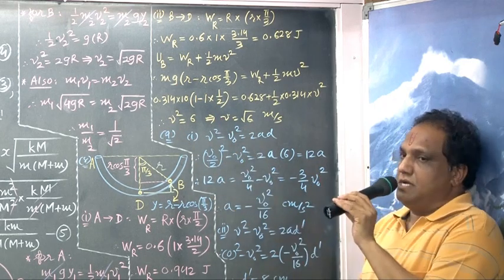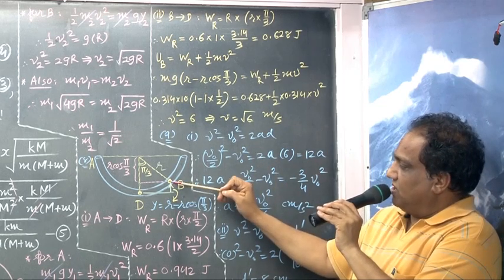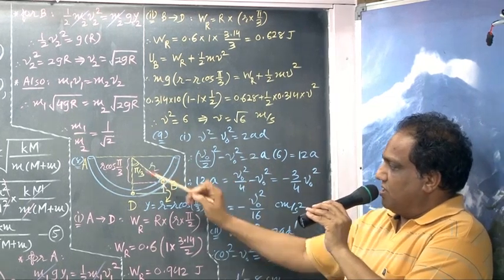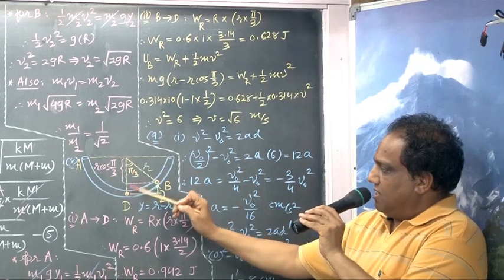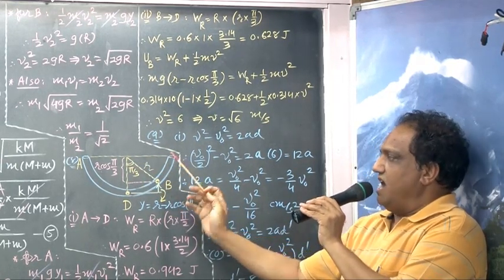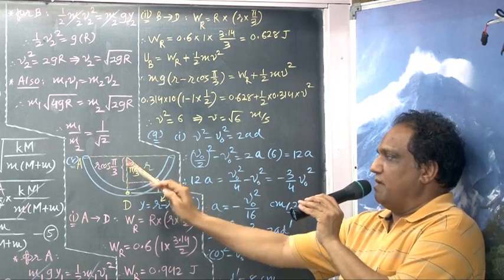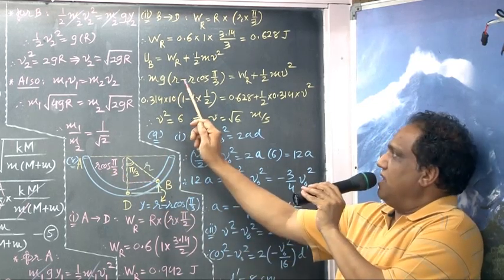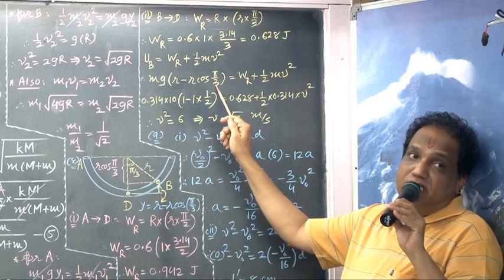Did you get how I found out this height? This much height is this minus this. What is this much? It is the component of r adjacent to pi by 3, which is r cos pi by 3. So r minus r cos pi by 3.